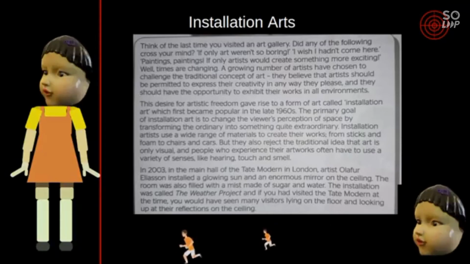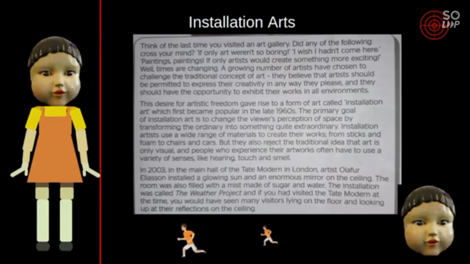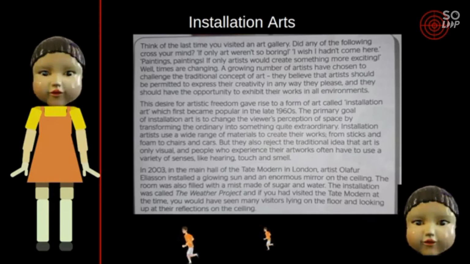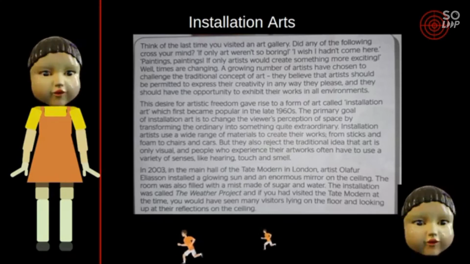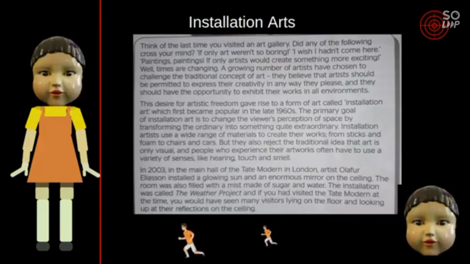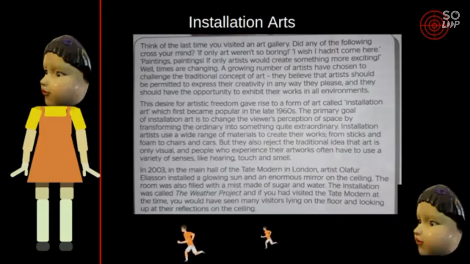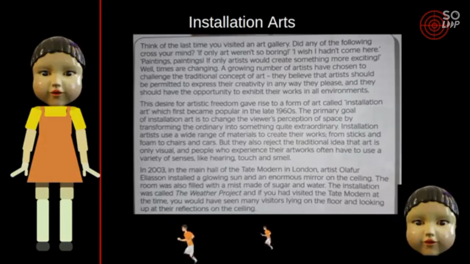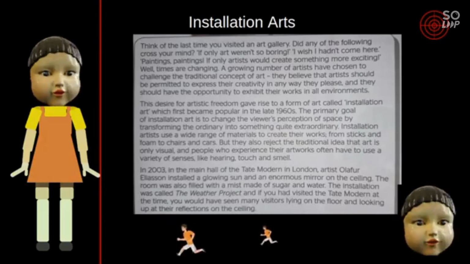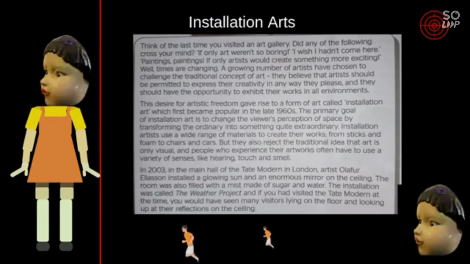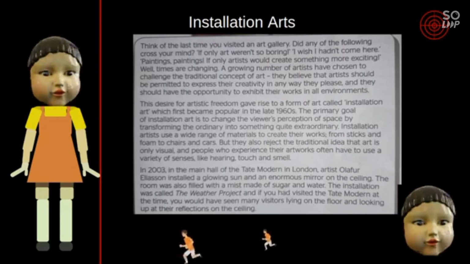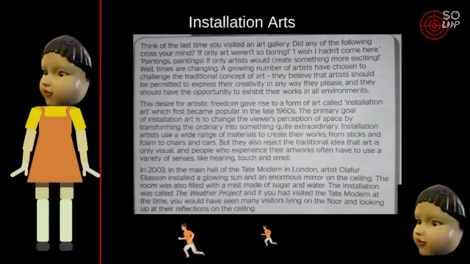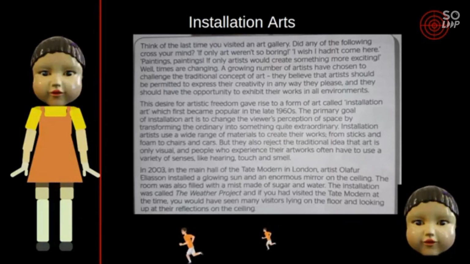They believe that artists should be permitted to express their creativity in any way they please, and they should have the opportunity to exhibit their works in all environments. This desire for artistic freedom gave rise to a form of art called installation art, which first became popular in the late 1960s. The primary goal of installation art is to change the viewer's perception of space by transforming the ordinary